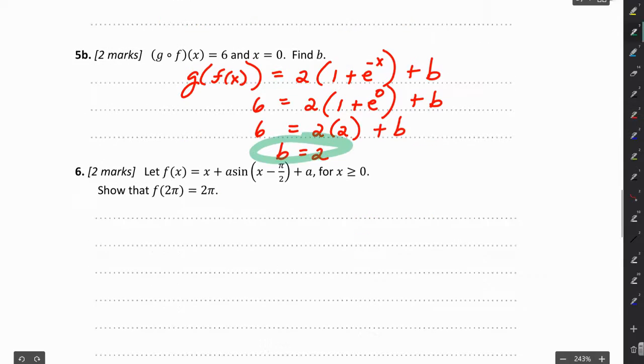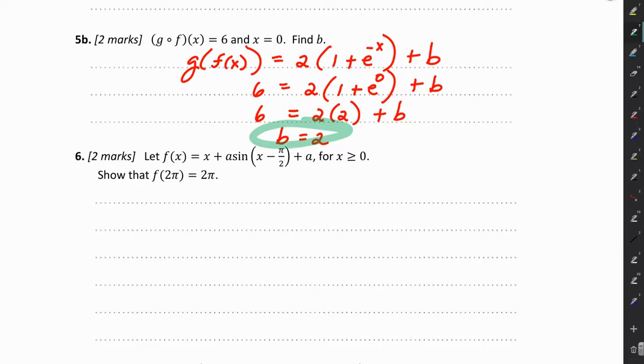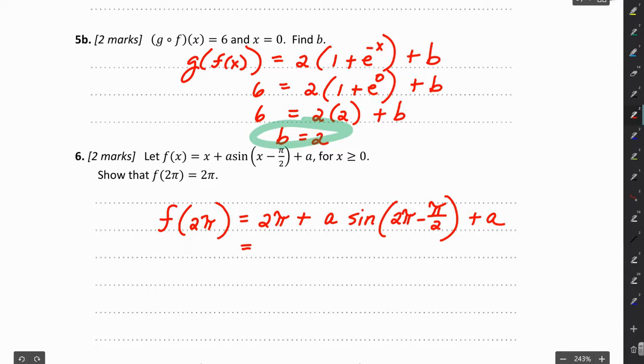All right, we have an f function, and they're asking us to show that if we input 2 pi into the function, we'll end up with just 2 pi. Seems a little hard to believe, but we'll try it. Anywhere in the f function where we have an x, we are going to replace it with 2 pi. All right, we end up with,